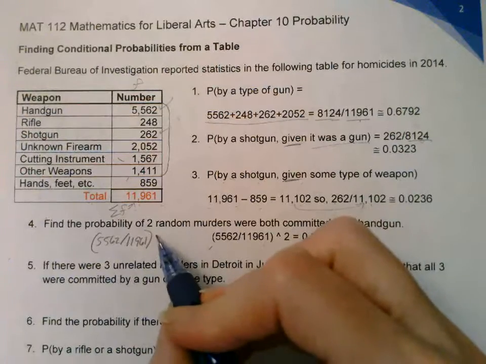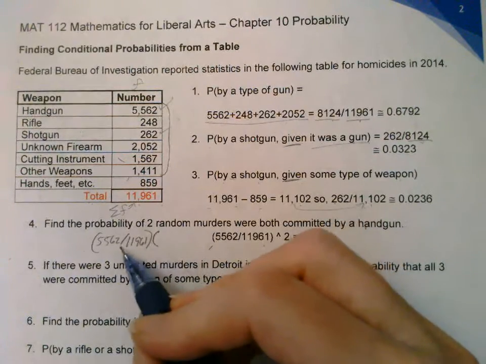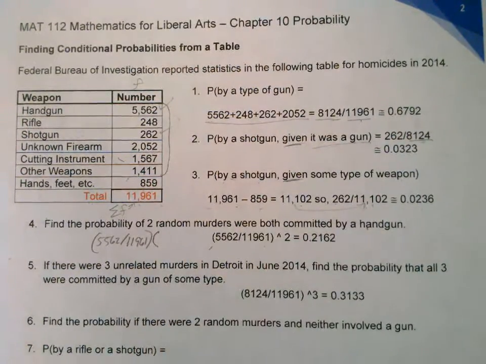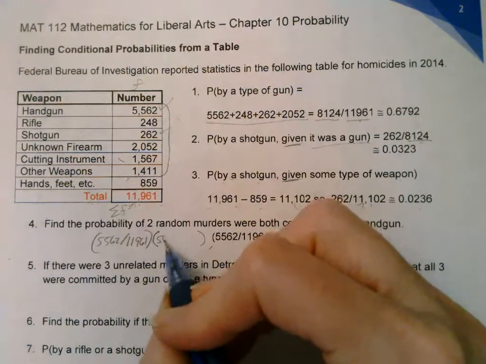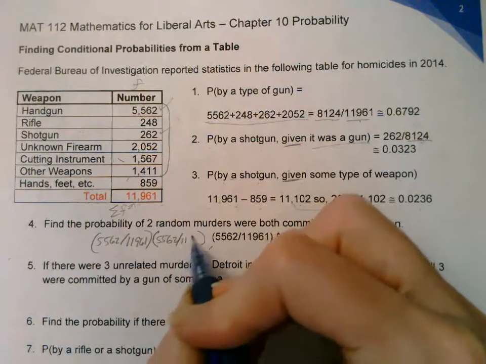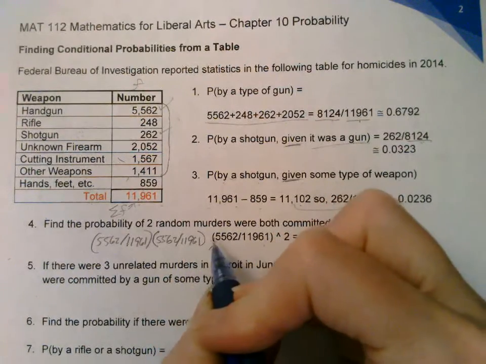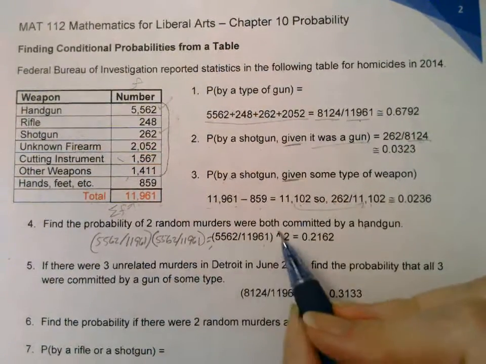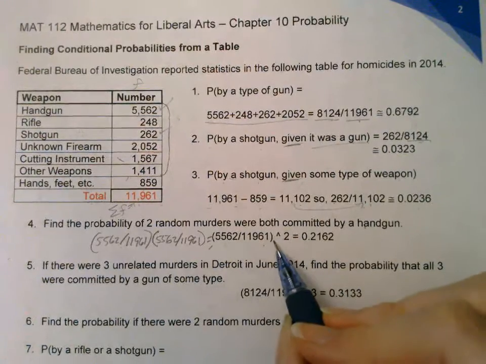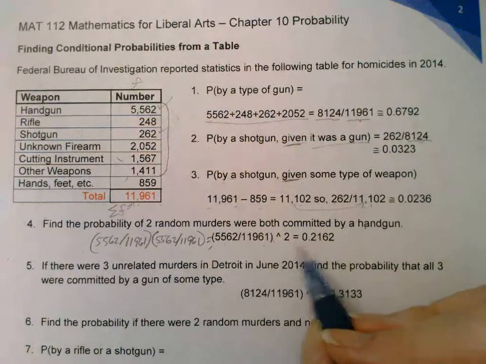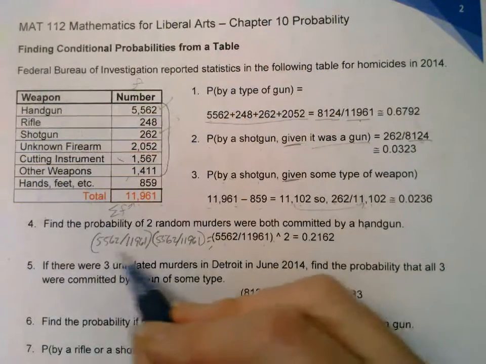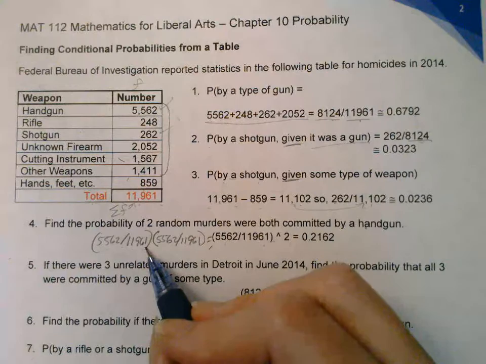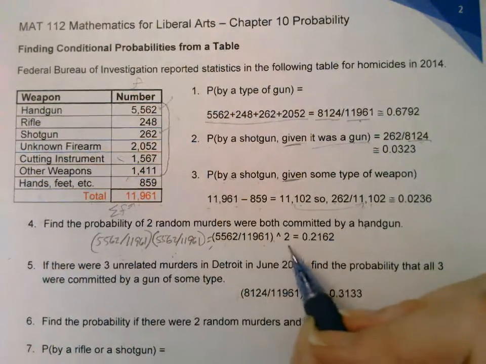The second one, remember, we're multiplying. It has to be the probability of this and the first one and the second one. So we're going to be multiplying it by the same thing. Okay, so that's the same as this being squared. So be careful how you're doing that. Raise it to the second power, or just multiply it, or make the division once and then multiply by that same number or square that same number and